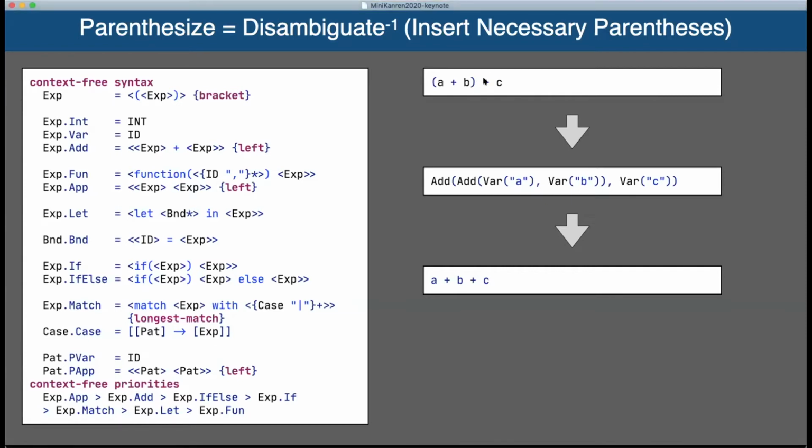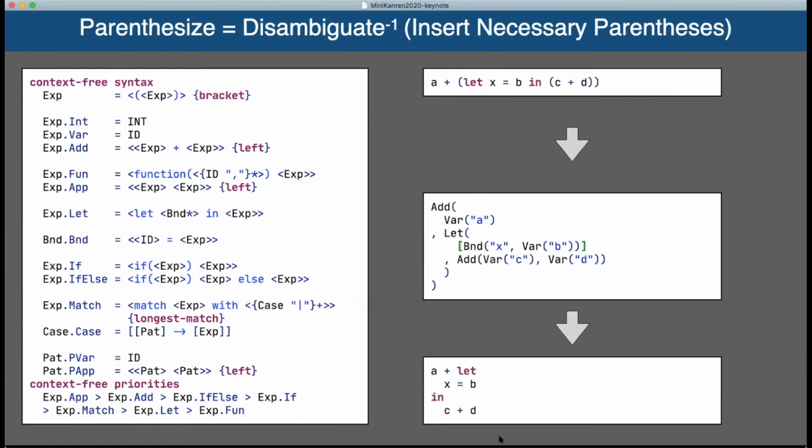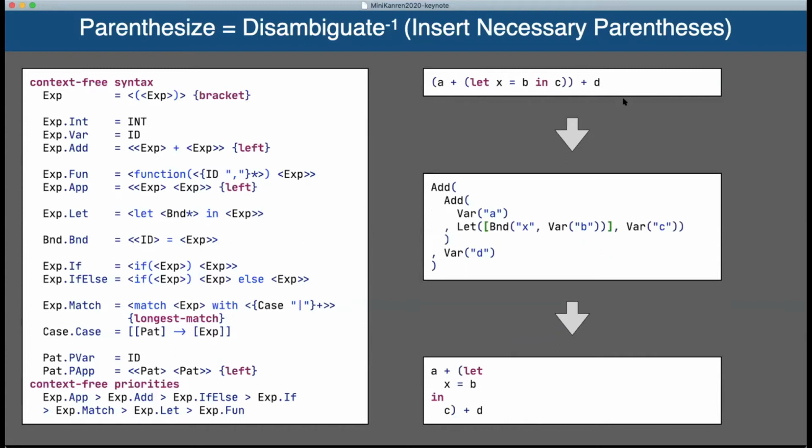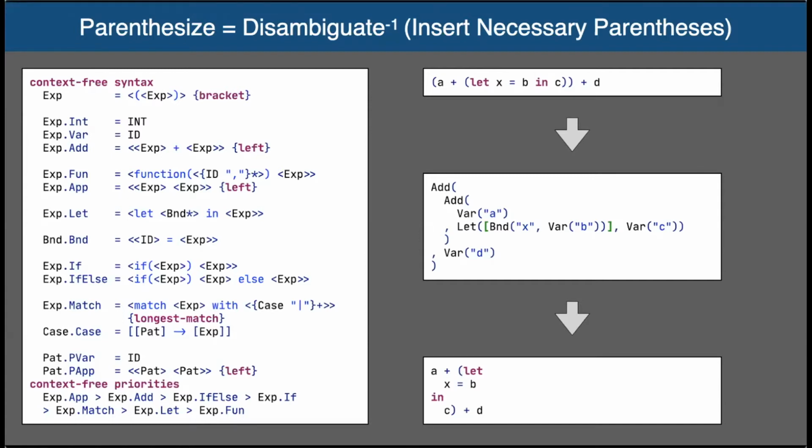So, for example, when you parse the expression over here, then in the abstract syntax, you're not interested in parentheses, so you can just leave this out. And if you're formatting, there's actually no need for these parentheses because addition is left associative. But if you have parentheses that are necessary, then you would like to reproduce those. For example, in this expression, no parentheses are necessary, but in this expression, you would like to reintroduce these parentheses. And again, we can automatically generate a correct parenthesization based on the disambiguation rules.